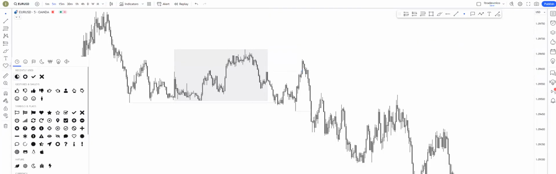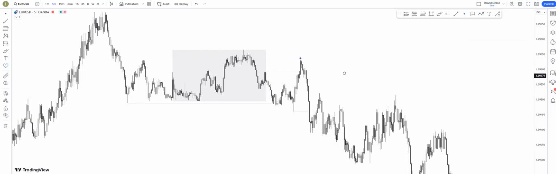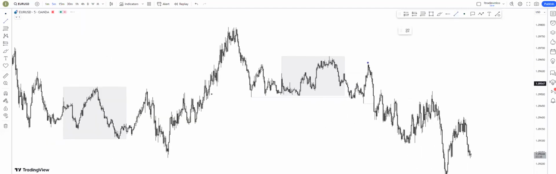So we can mark this up, hit a dot, let's make this purple. And now price starts its expansion. Now notice where the opposite QM forms. In this case, you can see the price took out this internal range liquidity and also gave its reaction into a high time frame key level.